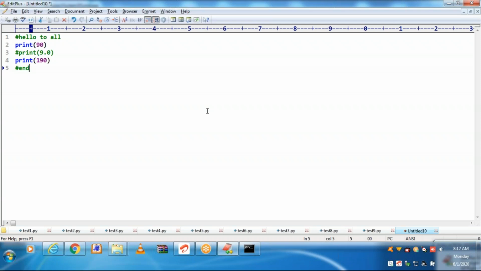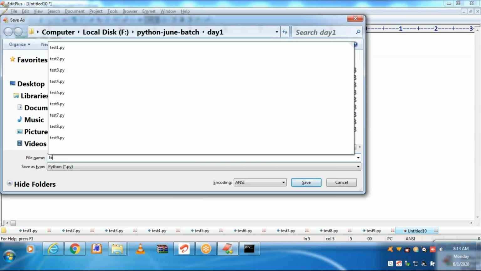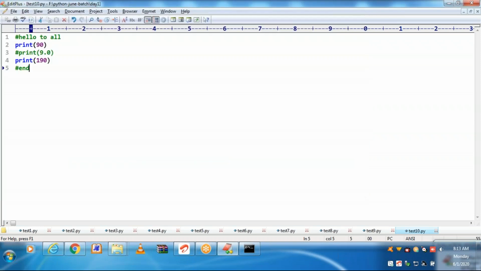The interpreter runs your program straight away, skipping the statements that start with a hash mark. Single line comment through hash mark.